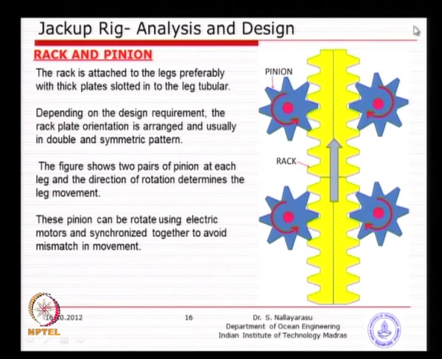I purposely did not draw the pipe, but you can see the yellow color is the plate made into a gear shape arrangement, where at each location you will have at least 4 gearboxes with electric motors attached. So, when you want to move up or down, you just synchronize the motors and automatically